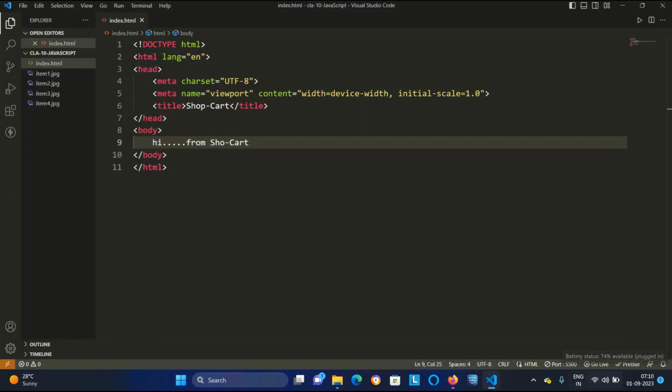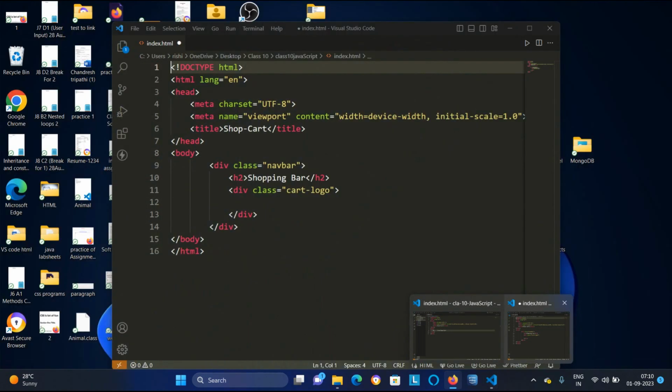and here the spelling is a mistake, so I should change it. Here is the hi from shop cart. If I change this, Control S, go back. Here it is. Okay. So you are looking now, this shop cart, the web page title is coming as shop cart, and whatever is in the body is coming here.